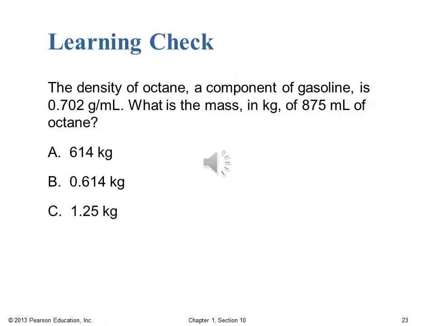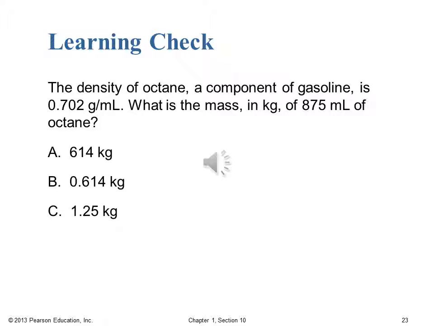So hopefully that last question went well. Let's go ahead and pause for a learning check to make sure that things are making sense. In this example, we're told the density of octane, a component of gasoline, is 0.702 grams per milliliter. What is the mass in kilograms of 875 milliliters of octane? So if we take a look here, we have our answer choices: A, 614 kilograms, B, 0.614 kilograms, or C,